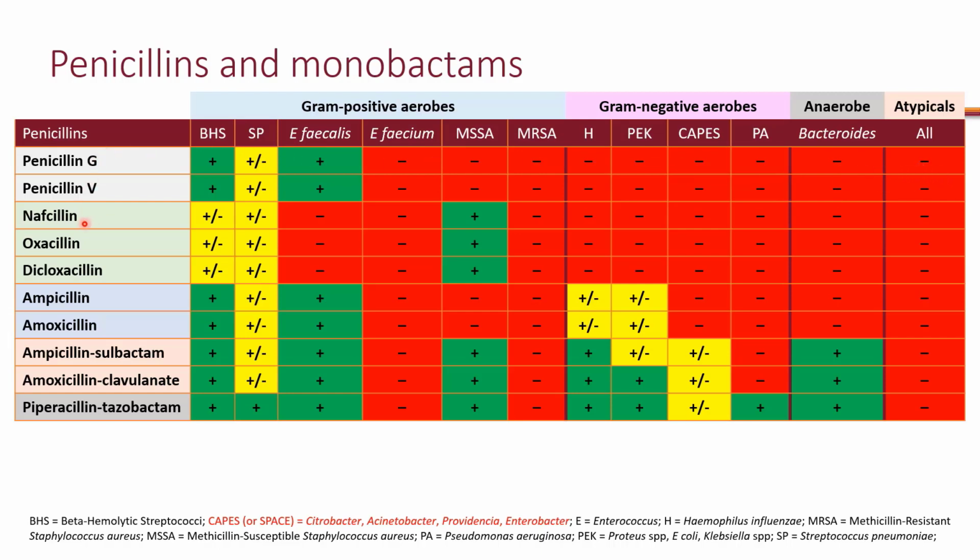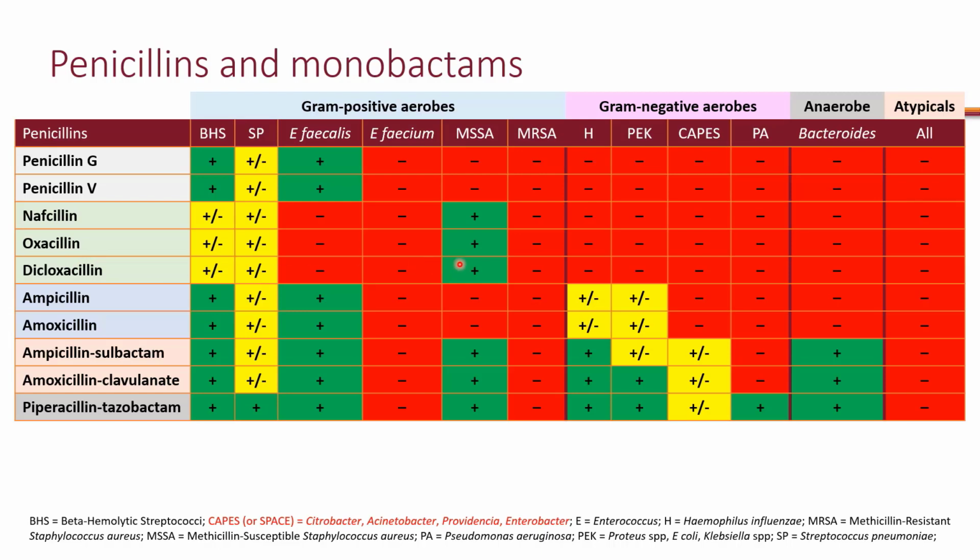Now, the next set of penicillins are referred to as anti-staphylococcal penicillins. So these are nafcillin, oxacillin, dicloxacillin. These are colored the same just to help you navigate this chart. So the 3 have identical spectrum of activity. Now, they are called